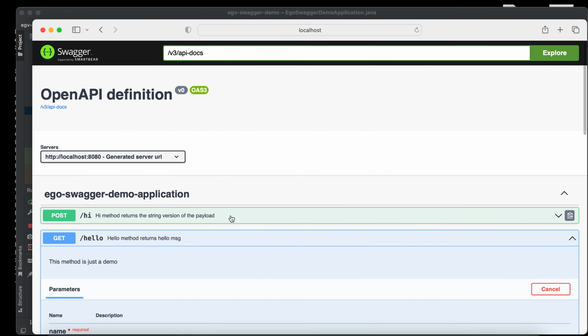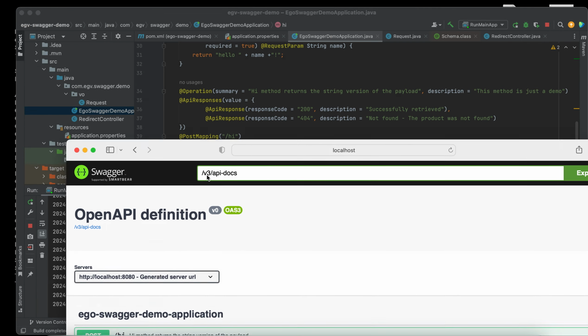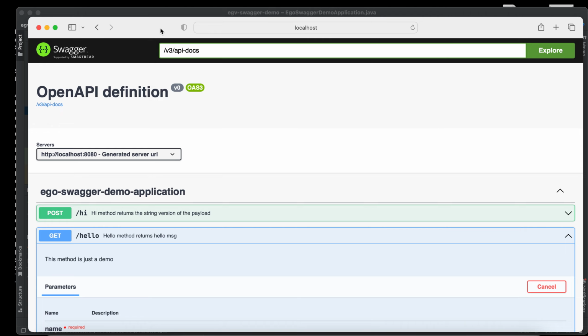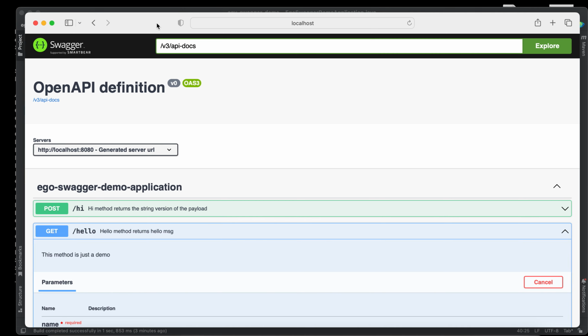Oh, one more thing. Let me also show you how to deploy this in Elastic Beanstalk. For this video, I'm not going to explain what is Elastic Beanstalk.